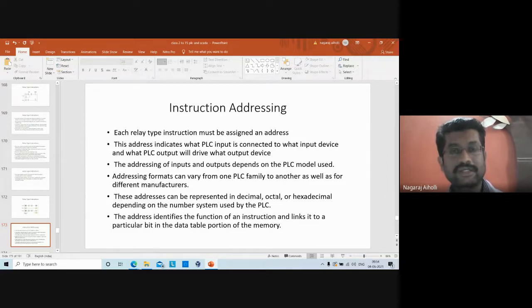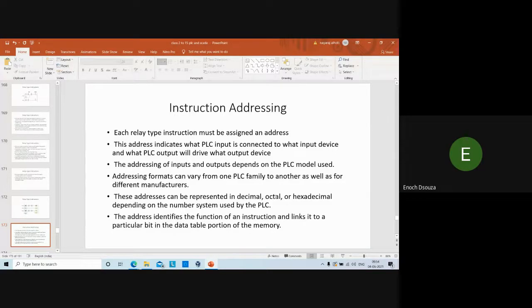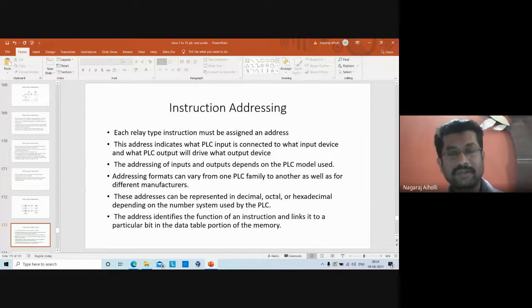Is the point clear, students? This point about instruction addressing is clear. Yes, students. I hope I have conveyed the message. Was it understood by you all? Inoch? Yes, sir. Was the point understood? Did you understand here? Partly. Okay, fine, partly you understood. Why? What was the doubt? What is your doubt here, Inoch?